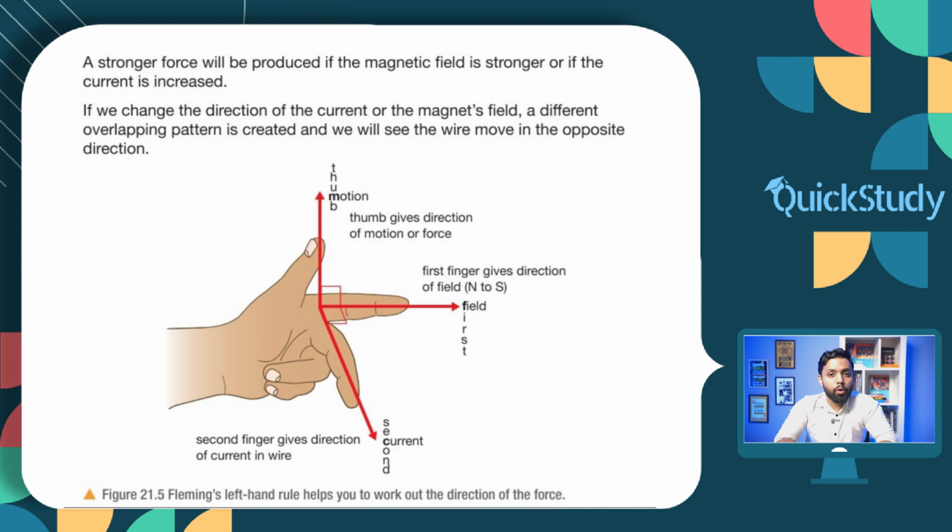Let's look at a rule by which we can know the directions of the magnetic field and the current. This is known as Fleming's left-hand rule. A stronger force will be produced if the magnetic field is stronger or if the current is increased. If we change the direction of the magnetic field, a different overlapping pattern is created, and we will see the wire move in the opposite direction. This is basically Fleming's left-hand rule, where the thumb will be the direction of the motion, the first finger will give the direction of the magnetic field, and the second finger will give the direction of the current